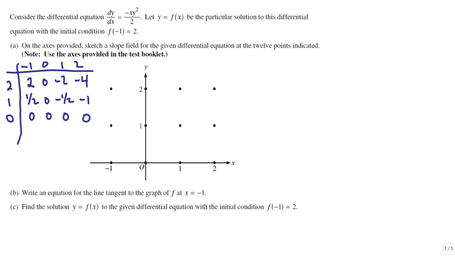So the next thing that I want to do is go ahead and plot them. First I have a slope of 2, and I'm going to plot that 2 at x is negative 1 and y is 2. But what I like to do is use the points that I have to give me some kind of a reference there. So you can see that I drew a line of slope 2 there, and I just want to make something sort of parallel to that. And when I'm done with that, then I can erase. Now, of course, you don't want to be drawing all over your actual test paper, but I kind of use that as a